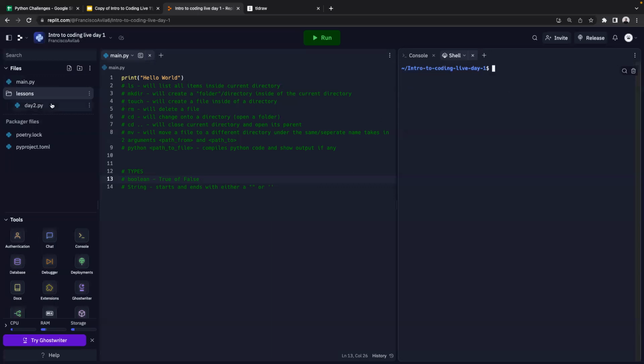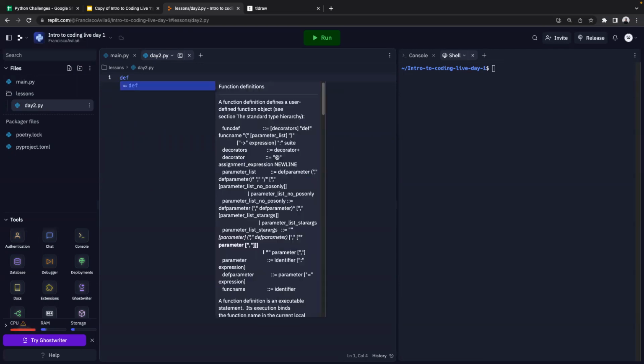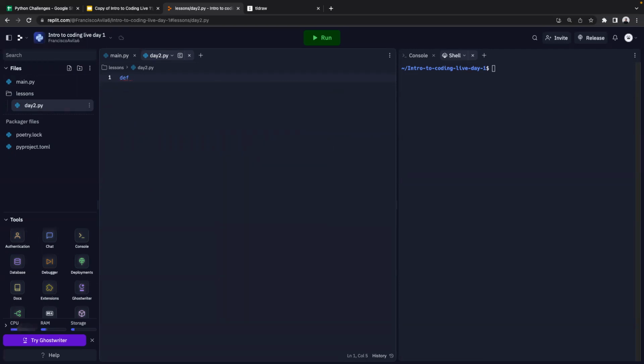All right. So now that I'm inside of day2.py, I can go ahead and create a function. Let's take that function that we saw as an example. I'm going to use the def keyword, which is going to create a function. When I press space, now I can establish the name. I can name this anything I want, but I cannot utilize